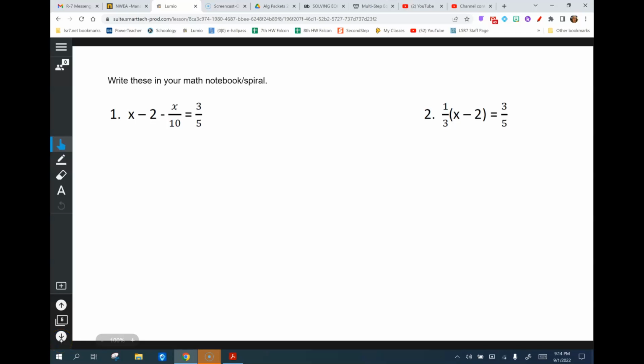So this is just some additional practice for clearing fractions. When we clear fractions, remember step one is that we are going to get a common denominator of all the denominators that are there. Okay? And step two is that we're going to multiply